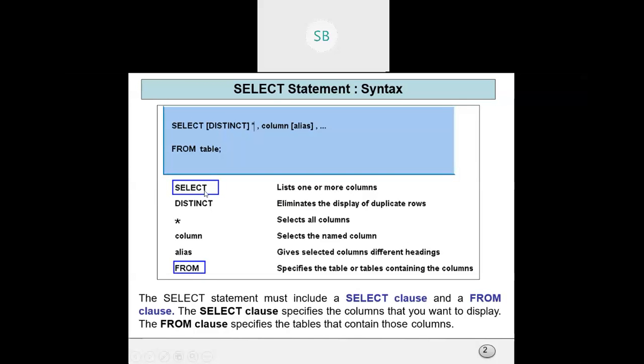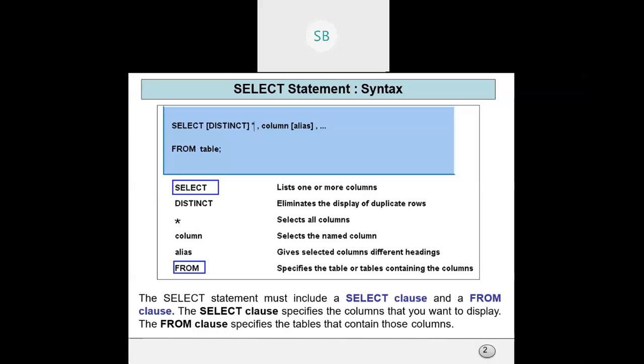So if you write select, it is basically selecting one or more columns. What is the purpose of this distinct? It eliminates the display of duplicate rows. So if there are any duplicate rows, then we can eliminate them. And star means selecting all columns.